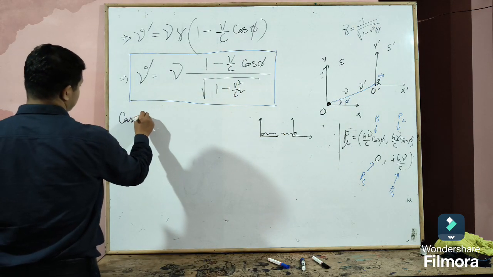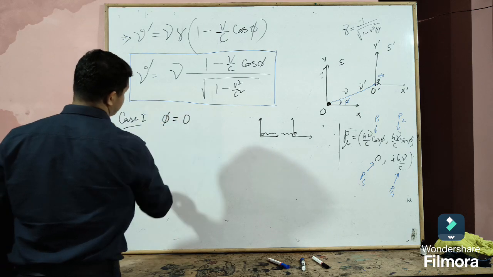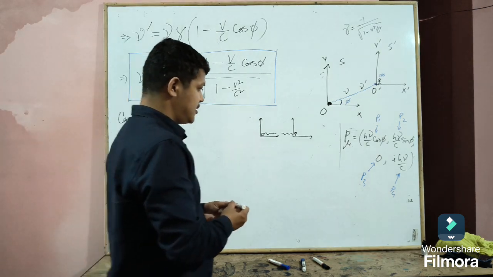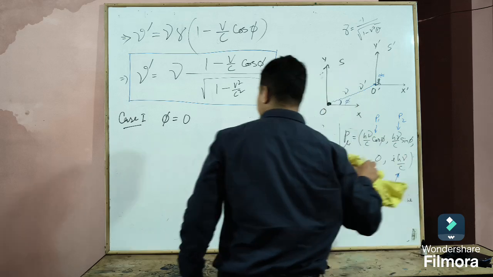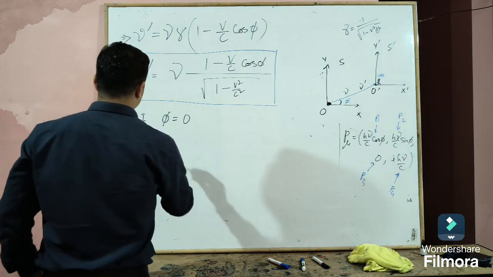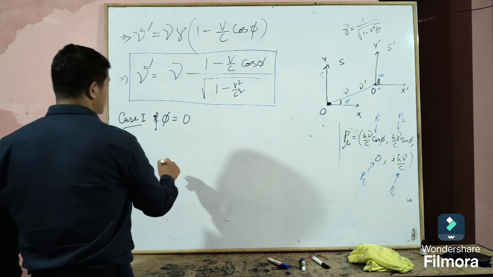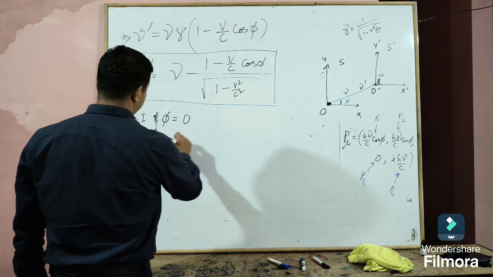Let me write case 1 here, this phi angle is equal to 0. If phi is equal to 0, then what we're going to have,